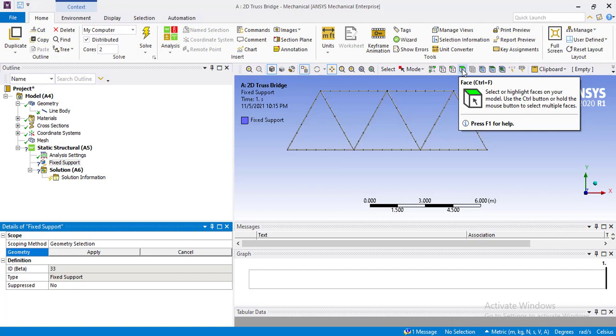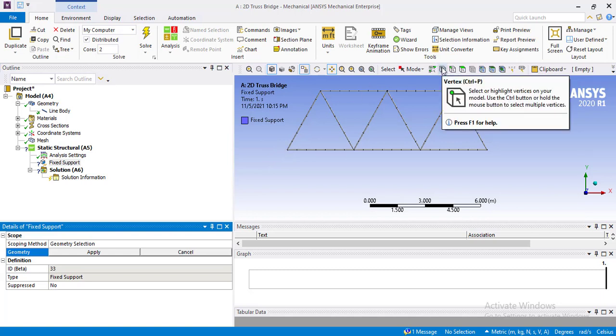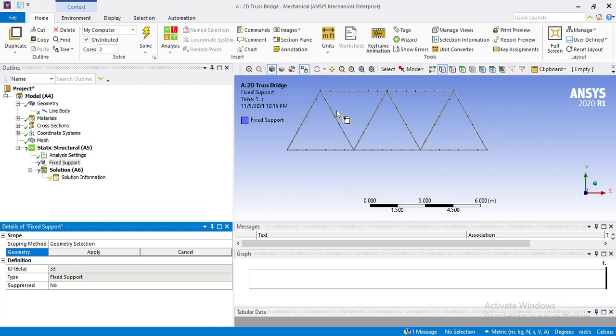We want to apply the fixed support at this node only. So we will select the vertex cube, and when we go into the graphics window, only this vertex will be highlighted. Select it. You can see this green color shows the selection, and press apply. Our this end has been fixed.